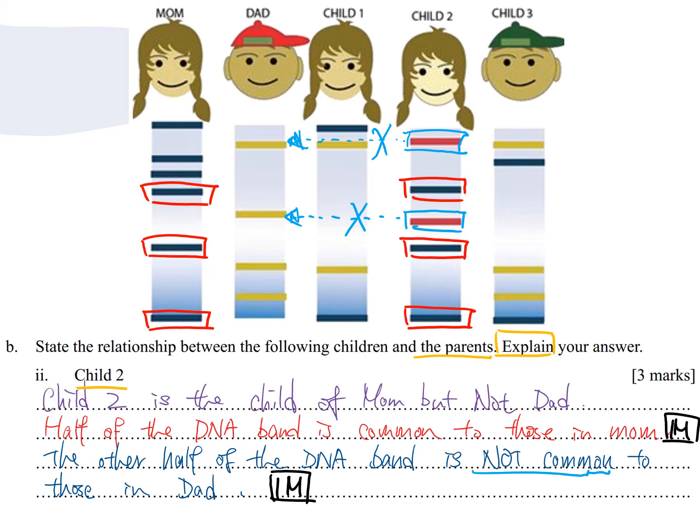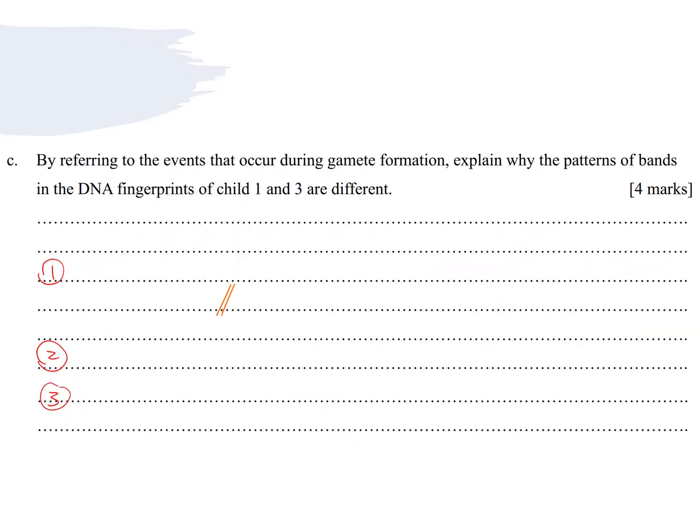Child 2 is the child of mom but not daddy. You get the final mark. 可能係舊嘅婚姻生出嚟嘅小朋友，或者可能係婚外情生出嚟嘅小朋友。